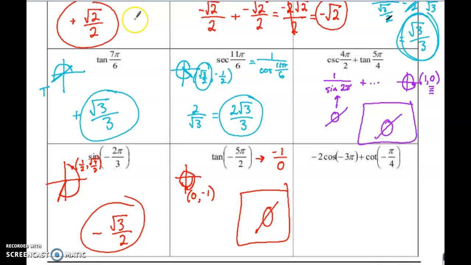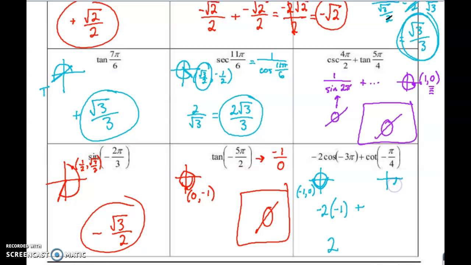And yeah, more practice. Just thinking about, okay, well, cosine, if we're going clockwise because of the negative angle. All right, cool. So cosine's the x-coordinate. That's negative 1. So negative 2 times negative 1 will give me positive 2. I don't know if I need to write all this out for you. So we get negative 2 times negative 1. And then cotangent,